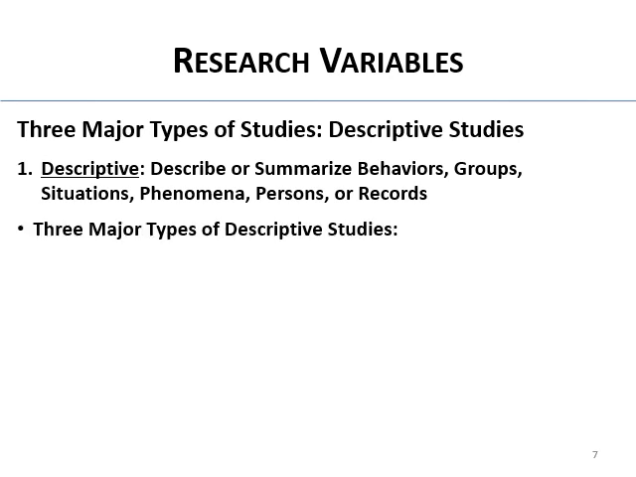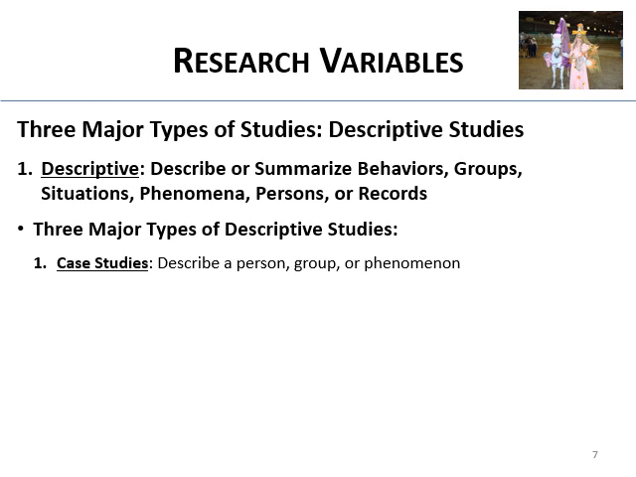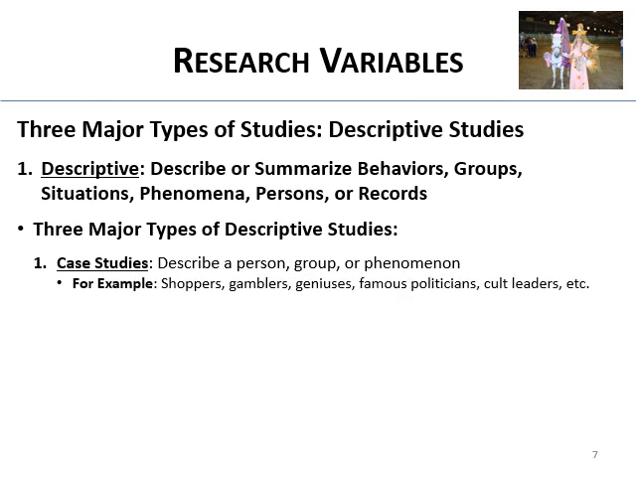And there are three major types of descriptive studies. So the first one is describing, of course, groups or persons or phenomena. So those are called case studies. So describing, for example, like in the picture there, people who dress their ponies like princesses, you could do a case study of that if you were just describing this particular group or phenomena. So shoppers, you could describe gamblers, geniuses, famous politicians, cult leaders, etc. Biographies are kind of like case studies